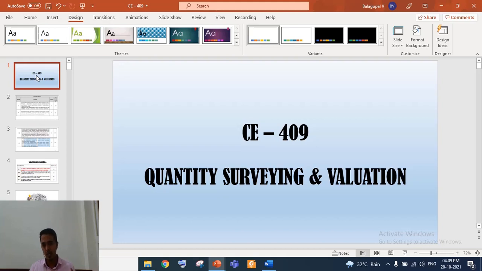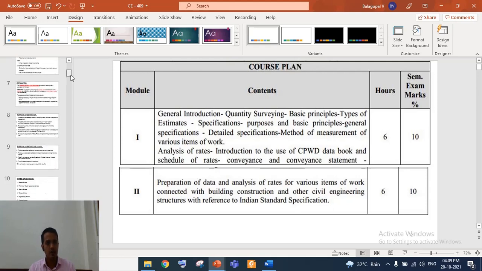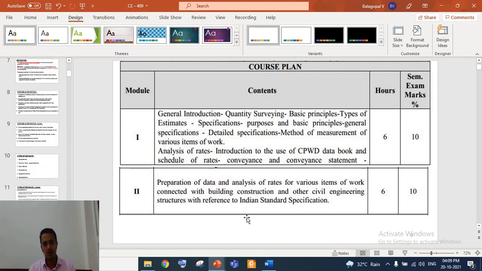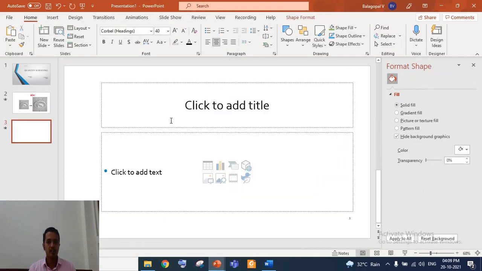Suppose if I am guiding a particular student, my name should be given on the left side. Okay, and my designation should be given, and this Department of Civil Engineering, Providence College of Engineering. And after the first slide, you can enter into your seminar content, and towards the end, you should give a